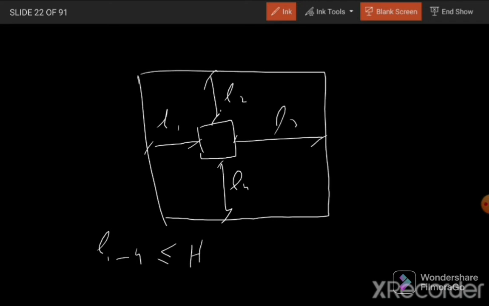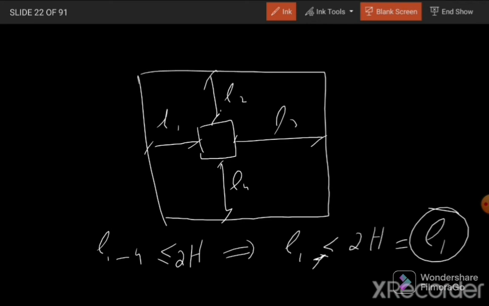For example, it should be less than 2 times H. For example, L1 is the least of these 4, so L1 is less than 2H. It is less than 2H, so we will consider L1 as the governing factor. So in that case, our A2 will be equal to, so we will consider L1 on this side, so our area will be